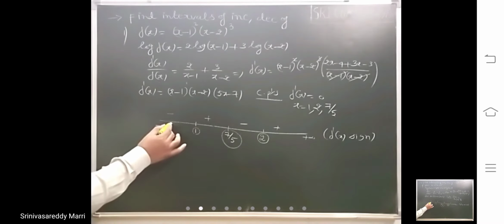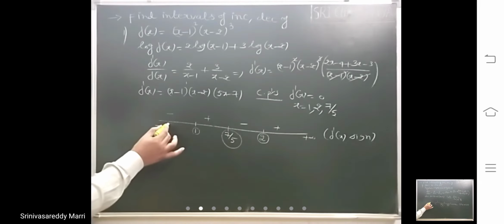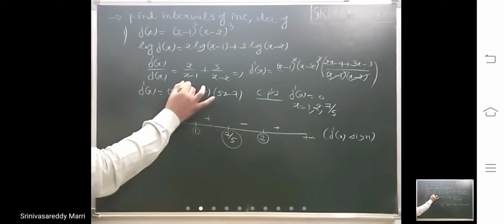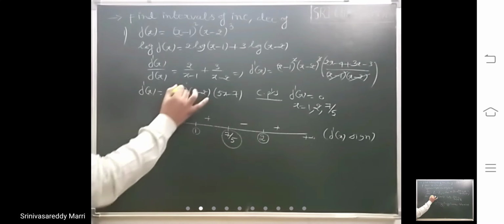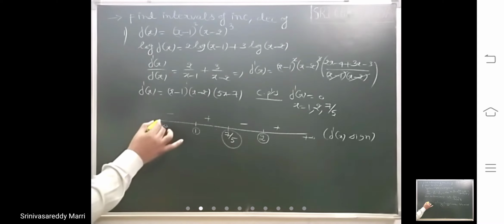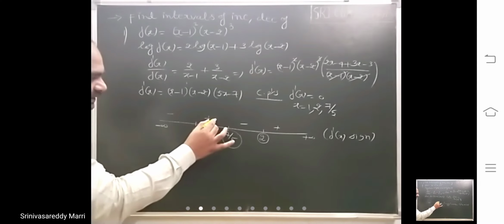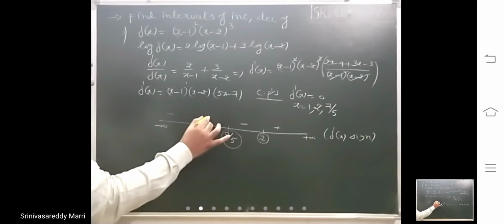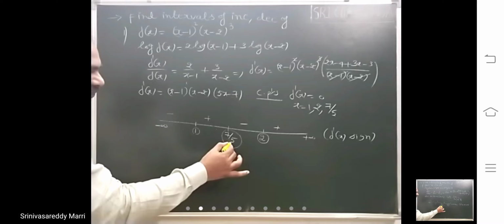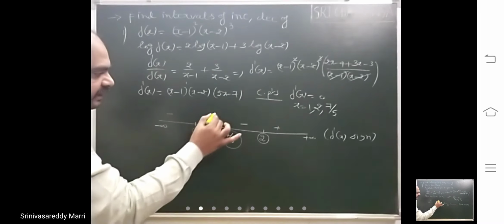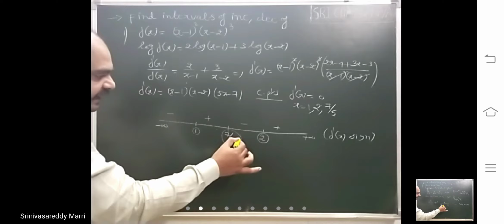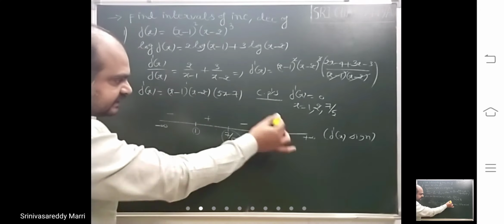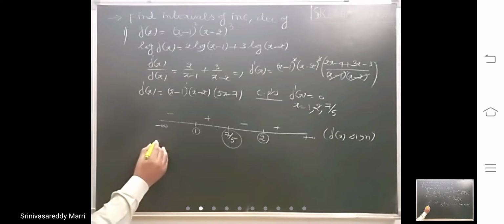Look at the first interval: you give the sign as it is by substituting a value. After that, second interval, starting point 1. If that factor has odd power, change the sign. Even power, if suppose x minus 1 whole square is there, if minus is there, you write the same sign. So 1 has odd power: minus, plus. Next interval, starting point 7 by 5. This has odd power, change the sign. So next interval is what? 2 to infinity. If 2 has odd power, change the sign. This is the one.